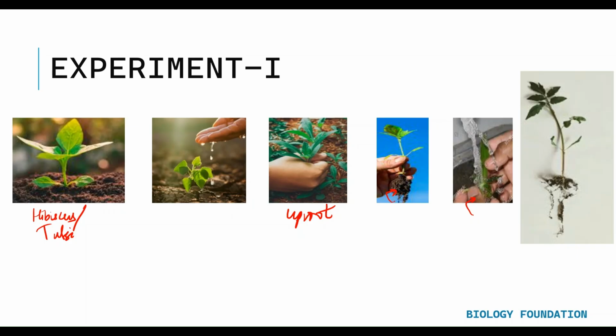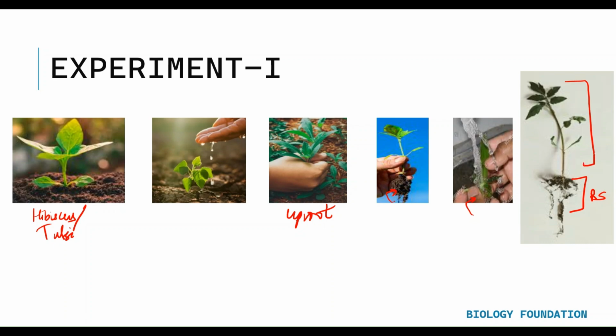Because you have dug the soil, the roots can slowly be easily uprooted. So you have chosen a plant in the garden, poured some amount of water in the soil, and then uprooted the plant. Since the roots are completely buried in the soil, soil particles get attached to the roots, so you wash the entire plant. Now you can clearly see that this forms the root system, which constitutes the roots, and